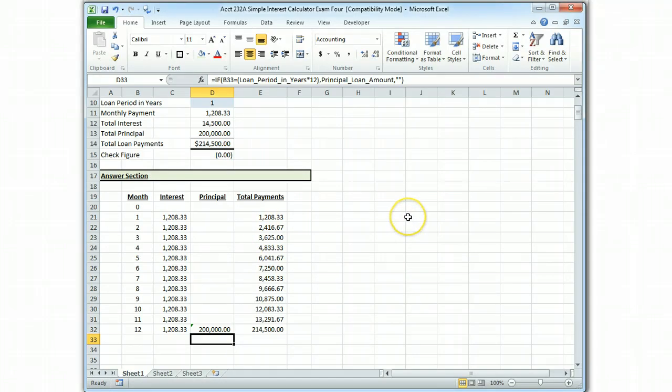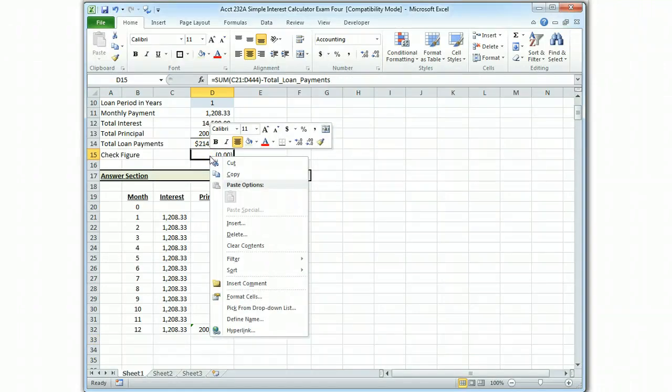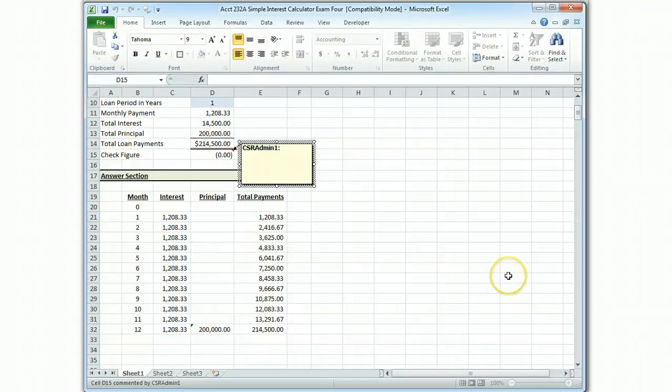But you will find, and it's important to document your spreadsheet so that any user or a person at your office or somebody who might come across the spreadsheet can understand what's happening. And check figure, to all of you, you understand what it means, but to your user it has no idea. So I'm going to teach you now how to use the comment function. Go to the check figure box, do a right click, and insert comment. It's always going to show up in this row here, and you can do this on any cell in the spreadsheet. Click on it, okay, and so now it comes up, the CSR admin, that's my username,